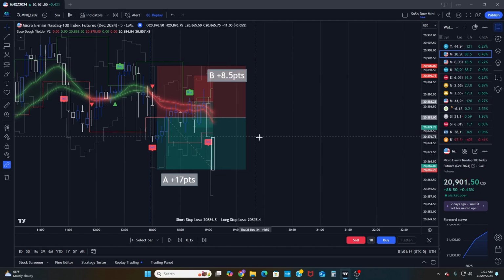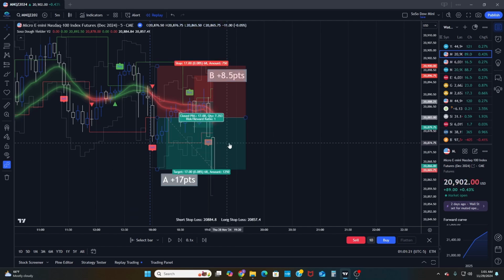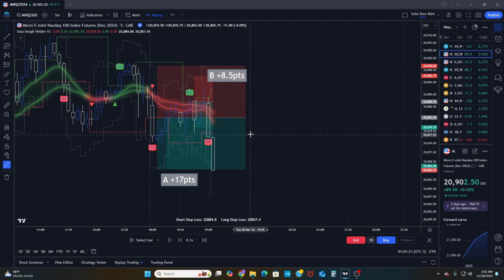Okay, now here we also have a break of a level, and this one was just successful. I wouldn't have personally placed another trade here yet because we're already in this one trade, but we closed this trade and we got a break of these two levels. Now these levels are so close together that you have the option of setting, if they were 10 points apart,